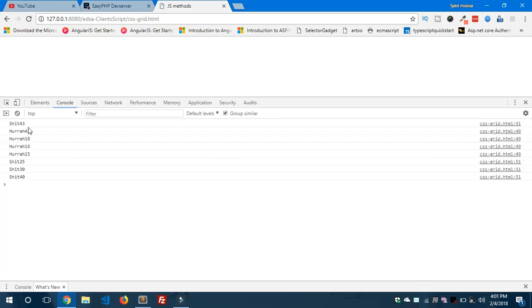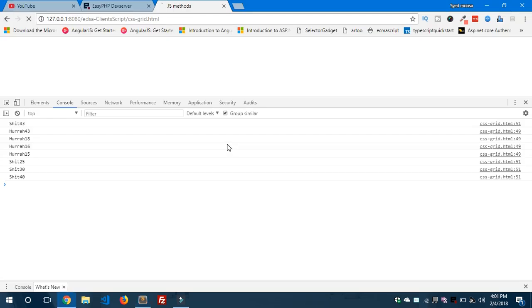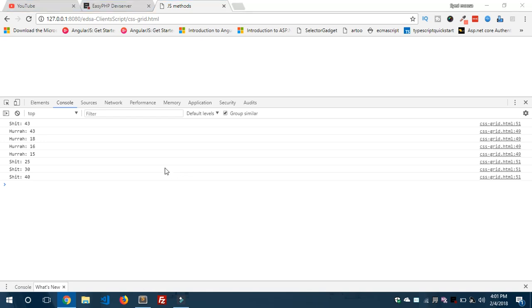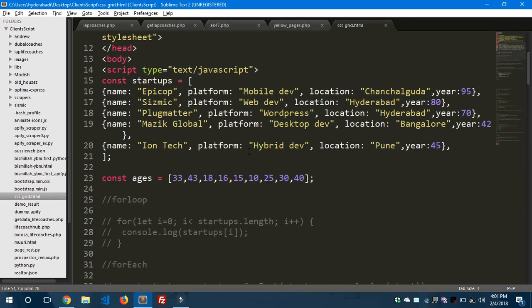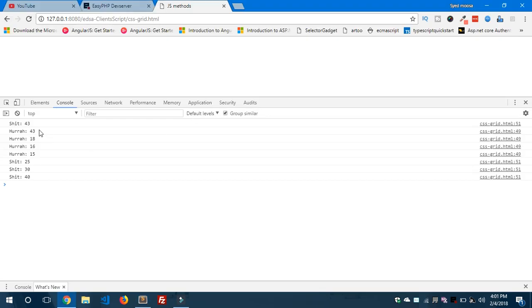Save this and let's see. Let me use some spaces here so that it is more readable, right? Shit 43, hooray 43, hooray 18, right? It takes two values, because 33 is not greater than 43, so it prints 43